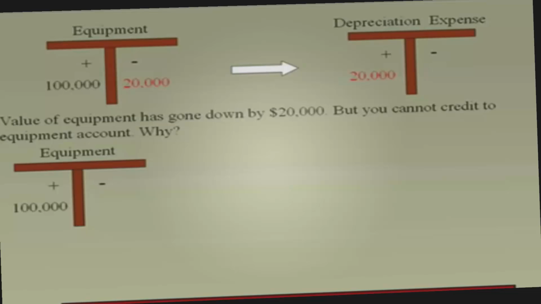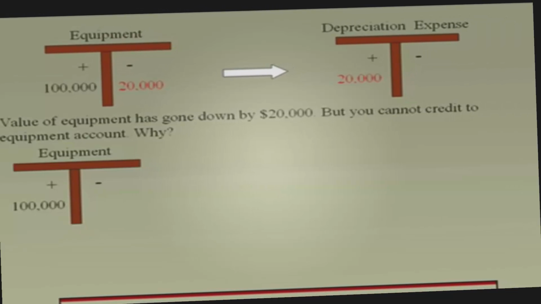It looks good, but there's a problem. In real life, you can't show 20,000 as a minus in equipment. You cannot do that. Why? Think about it. Look at the equipment account. Plus is when you buy equipment. So equipment goes up. So minus is when you sell equipment. Have you sold 20,000 worth of equipment? No, that's not correct. So the 20,000 has to be shown in another account,